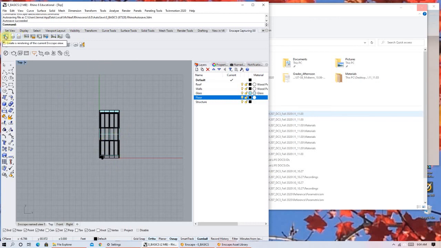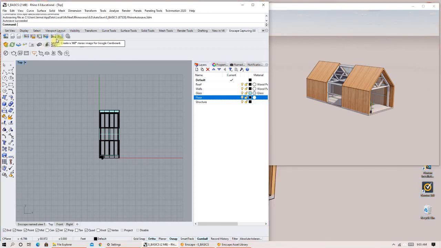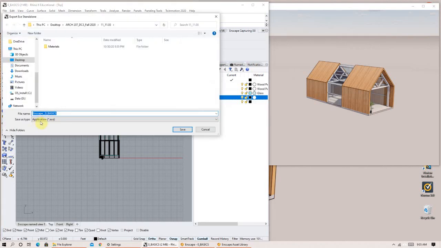Okay, so while we let that think, we'll take a look over here and we can also look at these other options that we have. Okay, these are more video options. You can see create a 360, create all the video. But we're going to leave those off. We're not going to do a video right now. But what we can look at is we can note that this one is going to create, it says executable standalone. If I click that, what this will do is it will take what's kind of the Enscape interface and the saved model of this without any tie